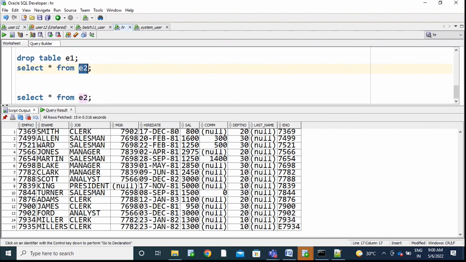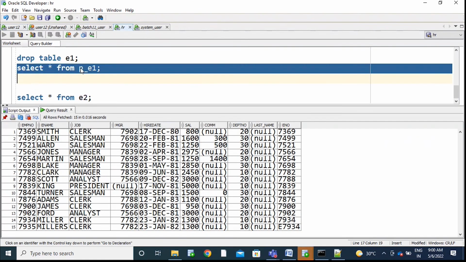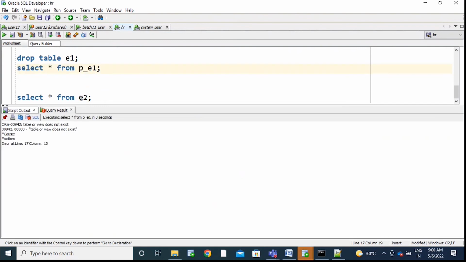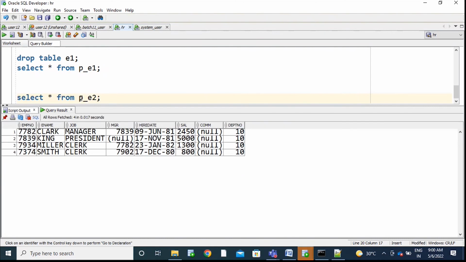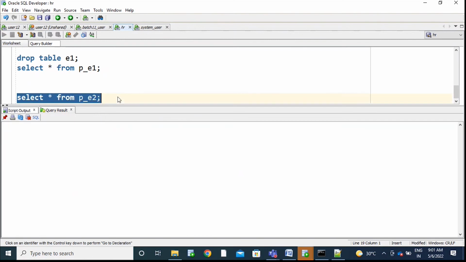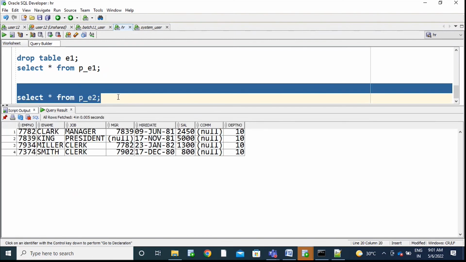See now P underscore E1. So you are not getting the data. P underscore E2. See, we haven't provided any grant. So మన grant ఇవ్వలేదు కానీ, you are able to get the data from that. So you are able to select the data from that particular object. Okay, so